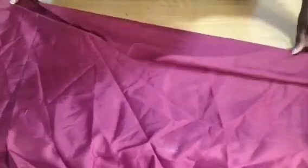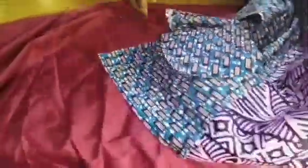So after cutting it, I'm going to lay my lining right side to right side of the main fabric. So I just open the main fabric, as you can see, lay right side to right side. Make sure all the joinings are matching together. You can secure with your pins the joinings before you go over to the machine to stitch at 1/2 inch. So I'll just go ahead and stitch at 1/2 inch. So after stitching at 1/2 inch,